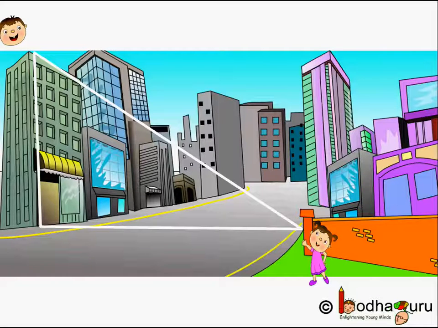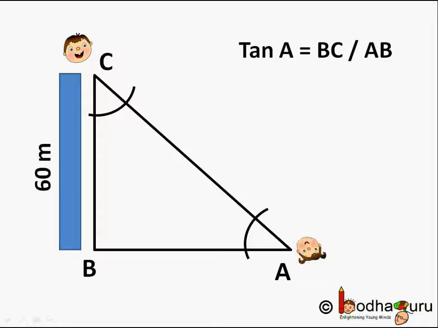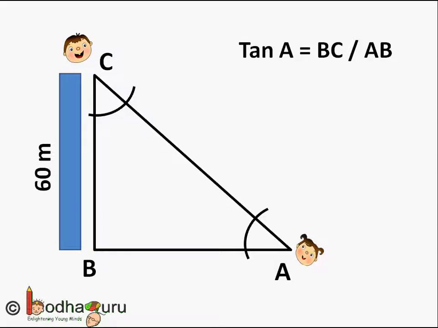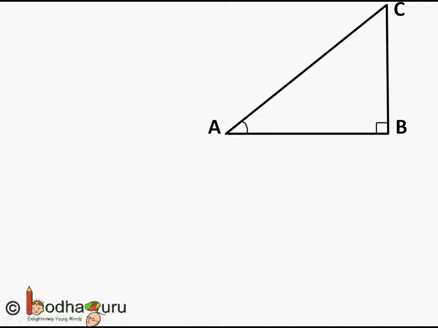Hello children. As we have seen in the earlier videos, given a right angle triangle ABC where angle B is the right angle, if we look from angle A perspective, we can call side BC the opposite side, AC the hypotenuse, and side AB the adjacent side, right? And we learned three trigonometric ratios.